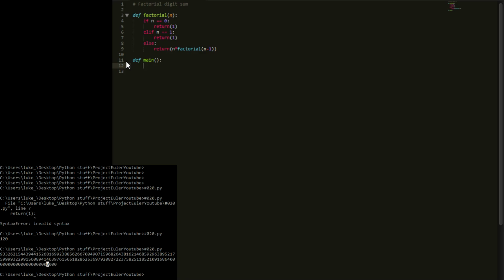So what we're going to do here is define main now. The number we're going to do factorial up to, we're going to call it x. So x is 100, and we're going to call factorial on x, and it's going to return an answer. So we're going to say answer is equal to factorial of x. Now digits is going to equal the list of the string of the answer, and now if I print out digits and then call main,